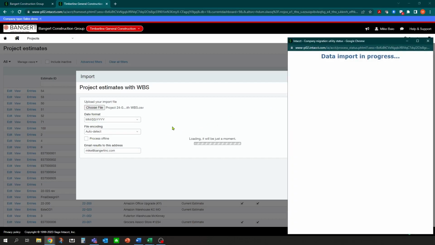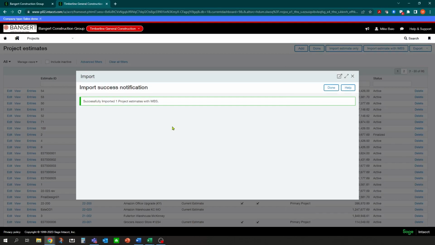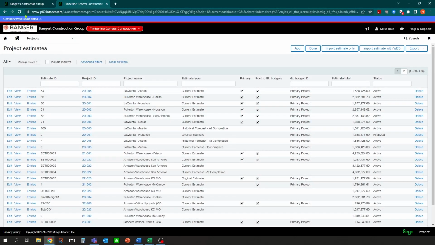The system will go through and import the data for you and analyze it, and it will also alert you if there are any errors or issues with the file. And you'll see here we have none, and it successfully imported one project estimate. And it's as simple as that. So we'll click Done, and if we refresh the screen, you'll see now